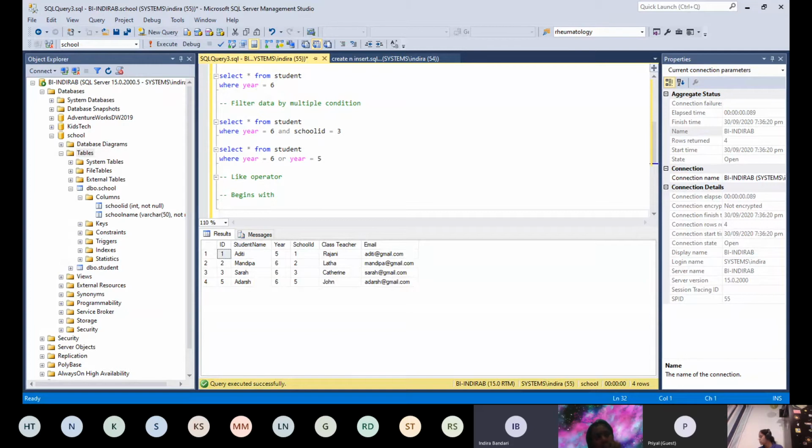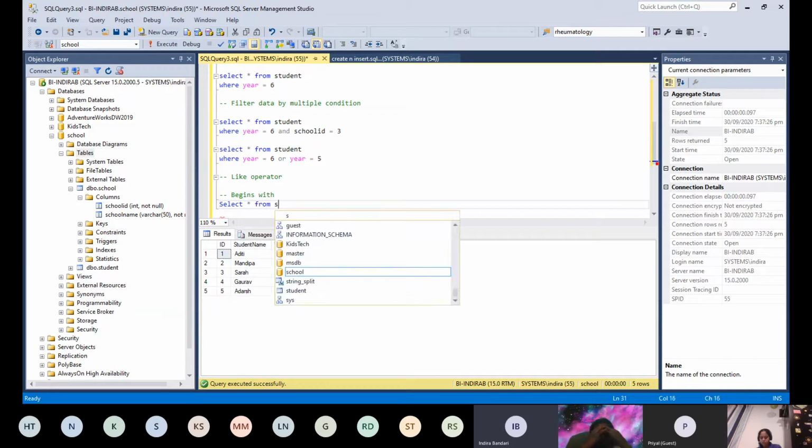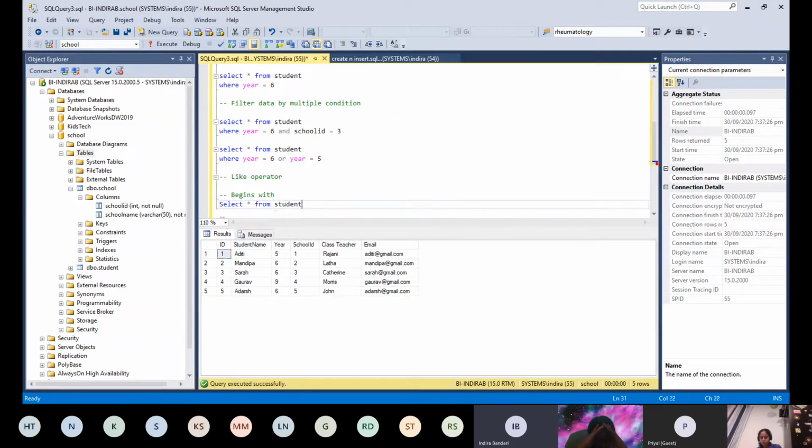Okay, let's look at the student table again. I want all the student names that start with A. Okay, how do we write that? Select star from student. What should I write next?